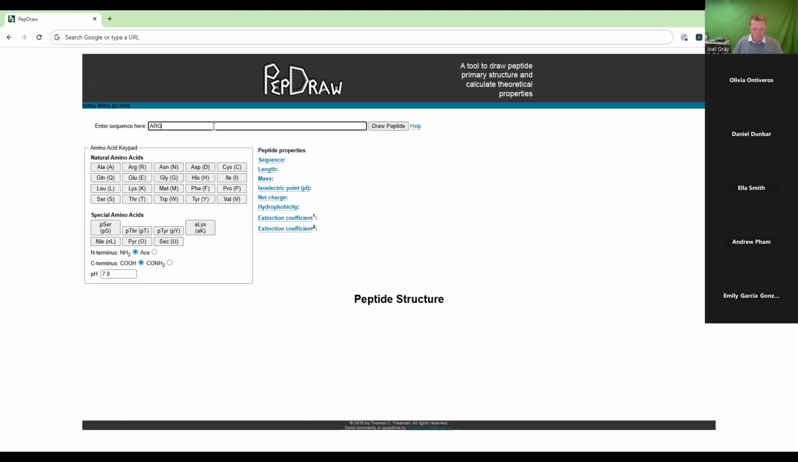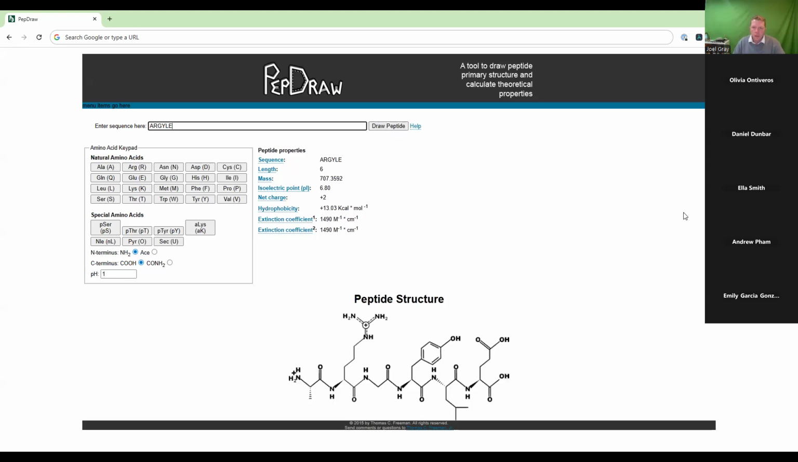ARG. Oh, here we go. ARGYLE. There we go. Argyle. That is a hexapeptide. It has 6 amino acids that make up the peptide. I want to see that molecule at a pH of 1. I'm going to draw this peptide. Now, if you look at the bottom of the screen, that is what this peptide looks like at a pH